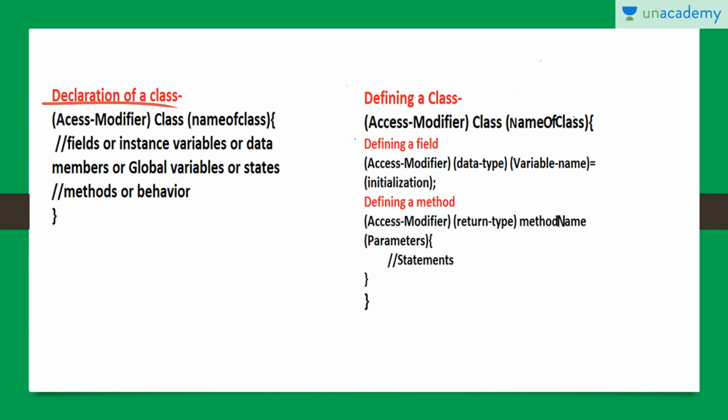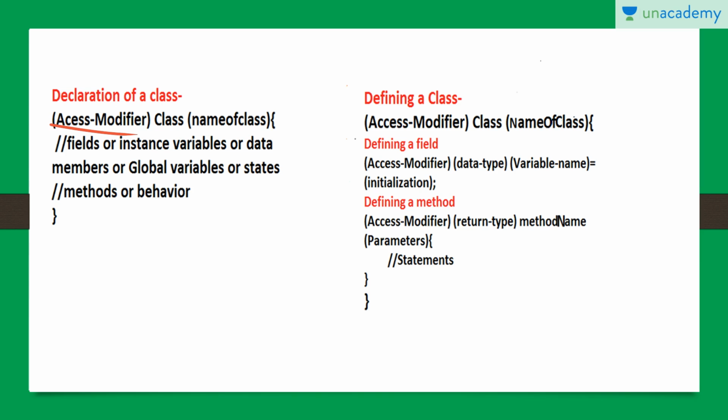In the declaration of a class, here I am using an access modifier first. Now what is this access modifier? We will see that in my later lessons when I discuss access modifiers. But some of you might know that access modifiers are private, protected and public. They are basically used to achieve encapsulation. We know that encapsulation is basically hiding the data from the end user. So they help us achieve that encapsulation using private, protected and public.